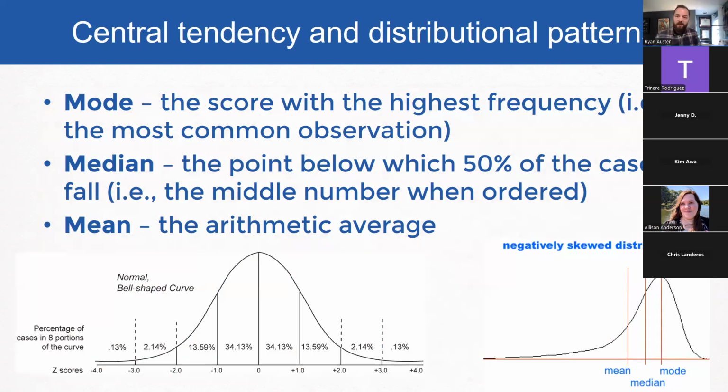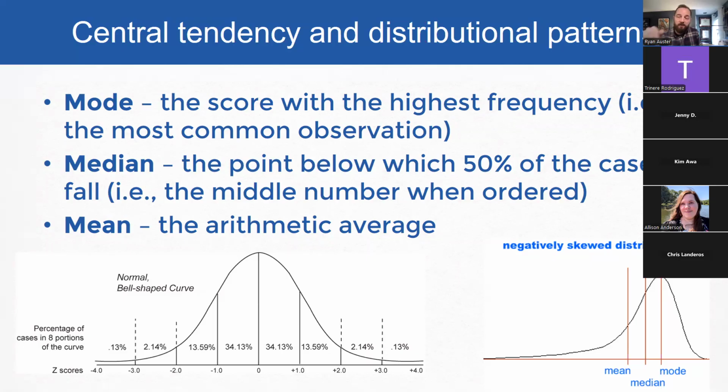Many of you are familiar with these measures of central tendency, mode, median, and mean. If you haven't seen a slide like this in a while, remember that mode is the most common or the most frequent, the number that appears the most. As in the software preference example, Excel was the mode, right? The most people chose Excel. Median is if you put everything in an ordered list, 50% of the cases will fall below that. It's often called the middle, but that does depend on the order and the style of measurement. And then the mean is, of course, the arithmetic average. So it's the combination of all those divided by the total number of responses.